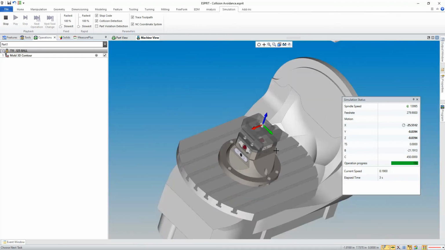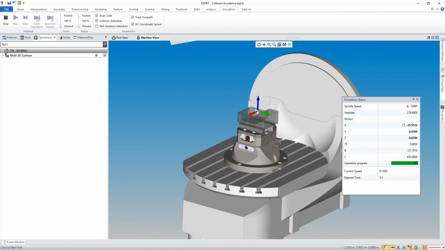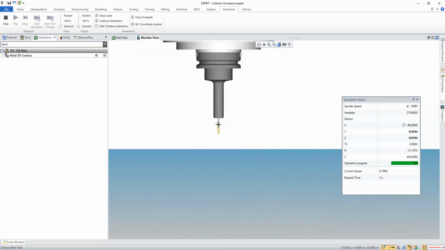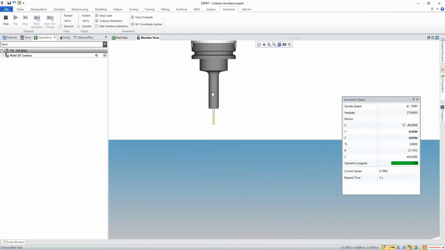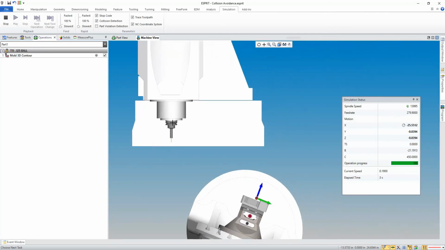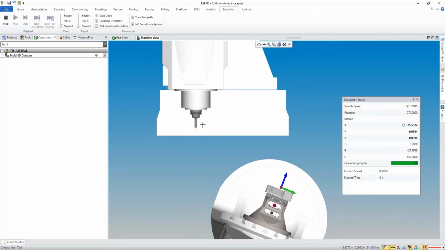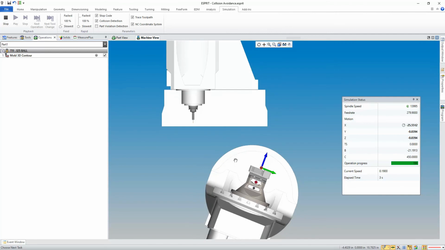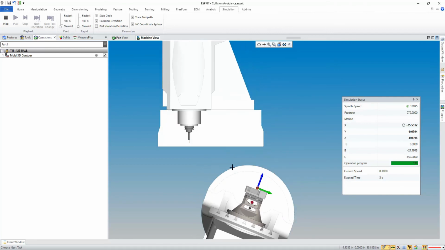And the really nice thing is ESPRIT is taking into account different things in this tool assembly. It's taking into account the shank and the tool holder. And I downloaded this from the Sandvik website. It's one of those hydraulic holders, and so I don't want to damage that holder, and I don't want to damage this machine. This is the machine we have here in our tech center where we offer on-machine training